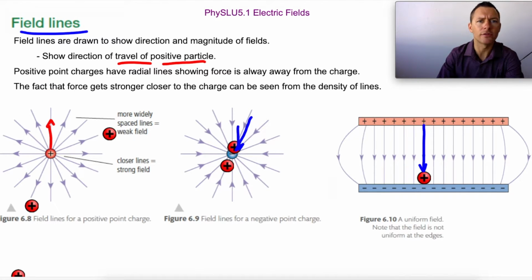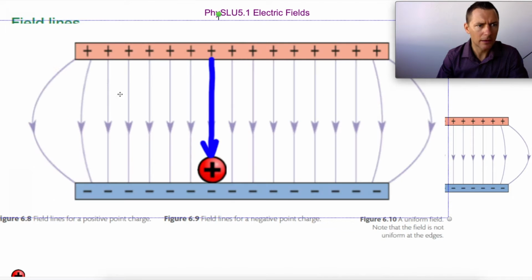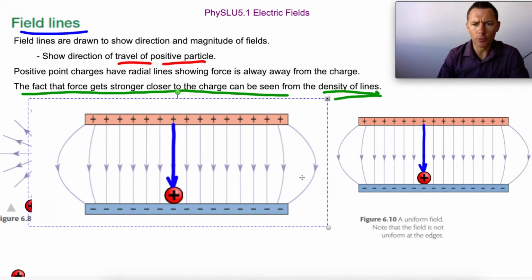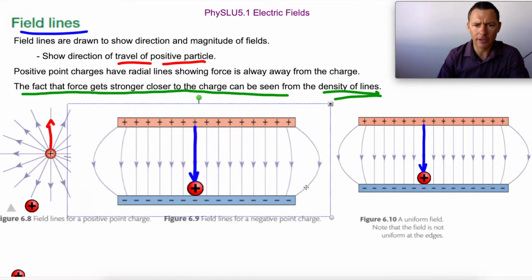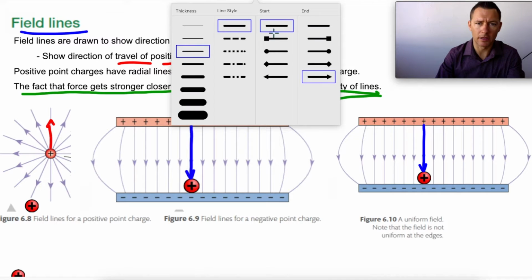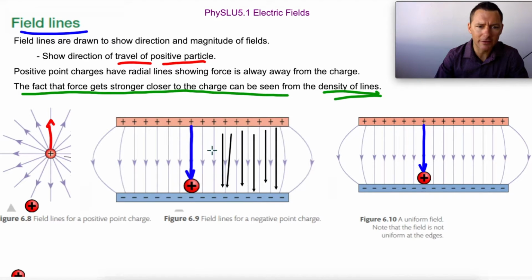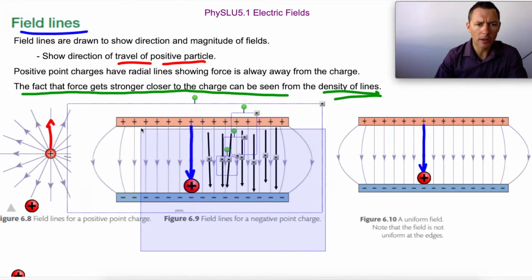I think this is interesting too. Force gets stronger, and it can be seen from the density of the lines. If you had this plate and this plate, and you wanted to show that the plate that I'm messing with right now has a stronger field, you'd put more lines in here. Higher density of lines means a stronger field, right? It shows a stronger field. So if you